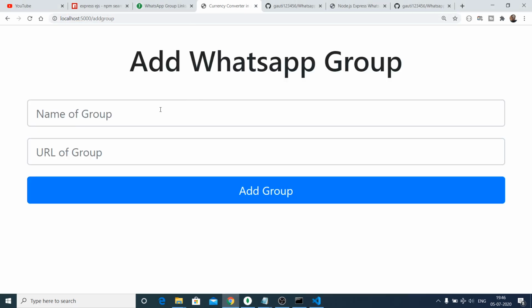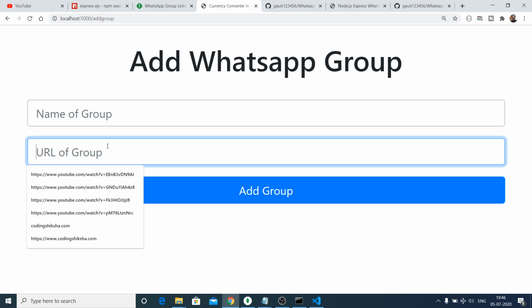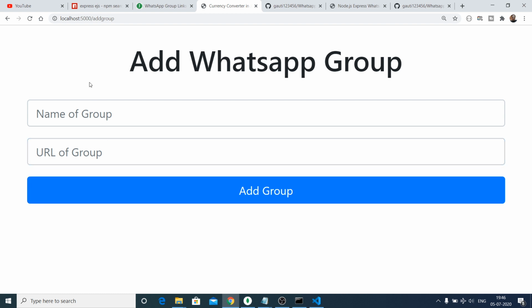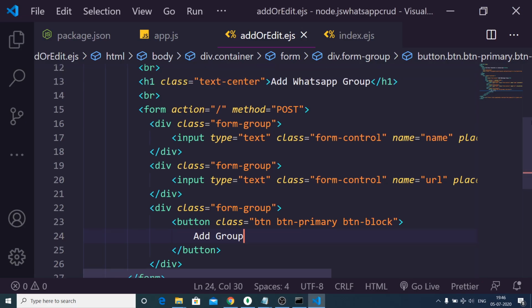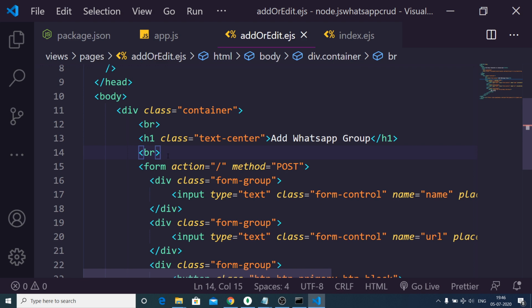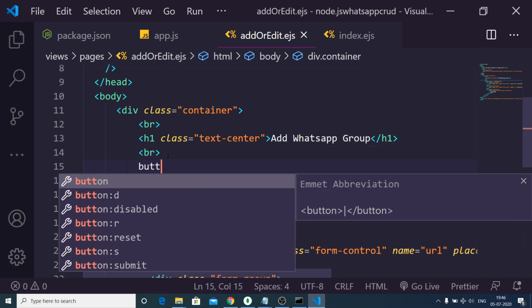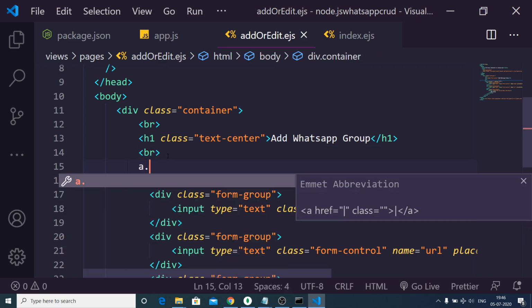Let me now refresh it. You will see your form here, name of the group and the URL of the group. So here you can see that. Let me also add a simple button where I can click that button and go to the home page. So right before the form we can have a button here, or an anchor element, which will have